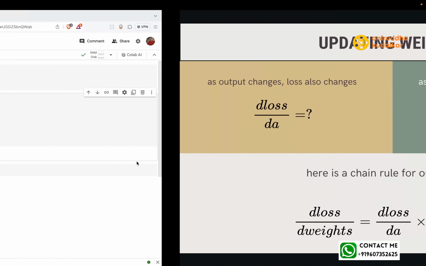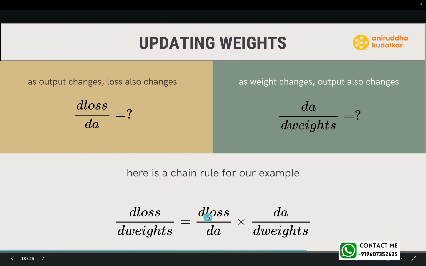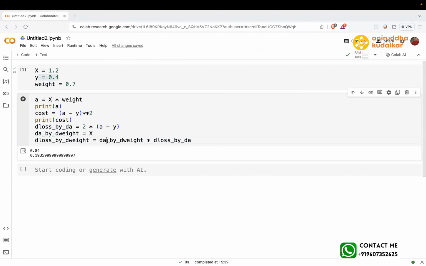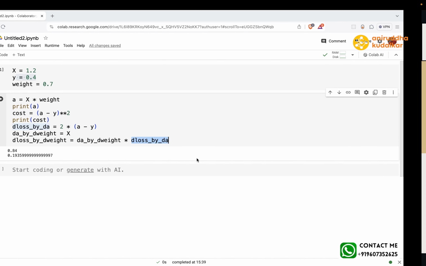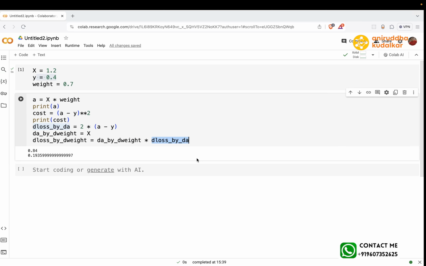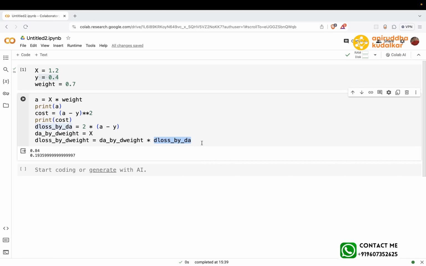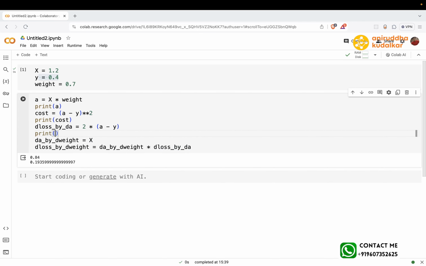This is our equation: the derivative of loss with respect to weight is equal to the derivative of loss with respect to output activation times the derivative of output activation with respect to the weight. Now if you try to print these things, print d loss by dA,